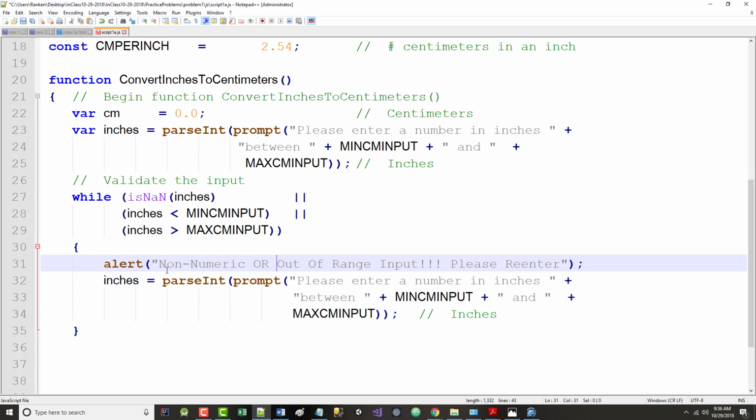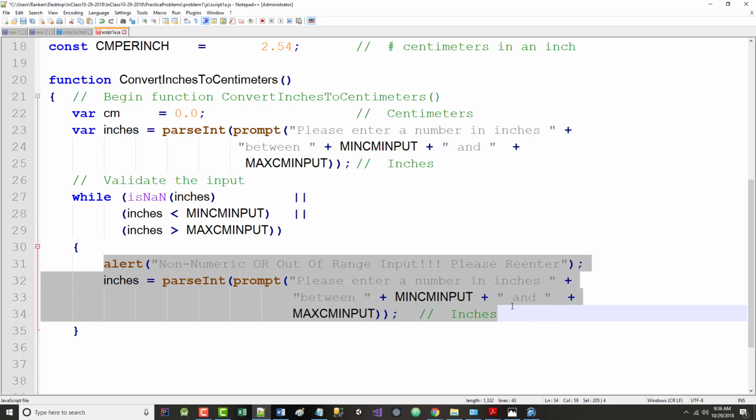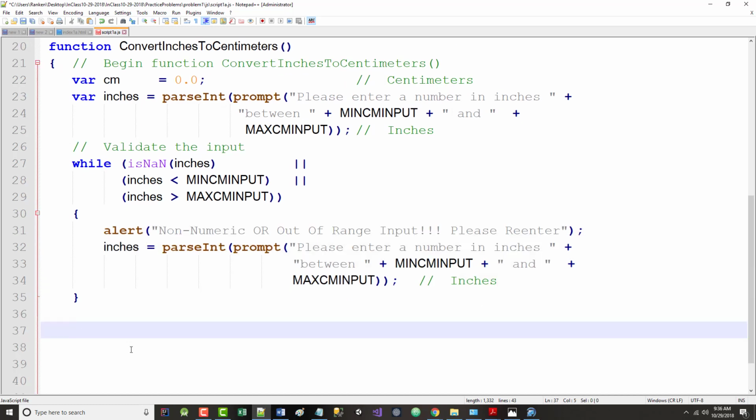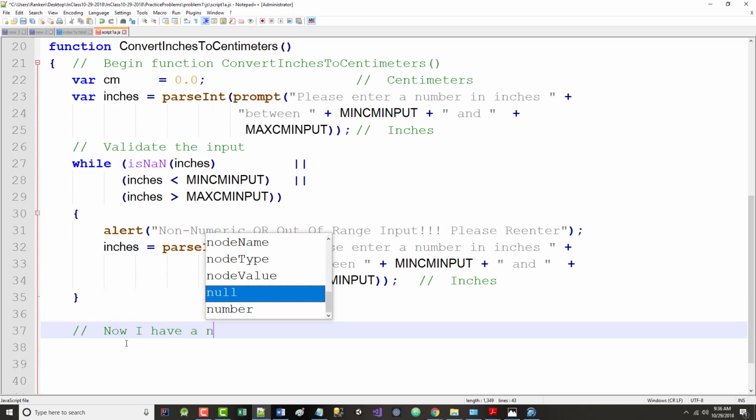But what I want you to understand, if you look on the screen here, is I'm stuck in here until I put in a number that's between 1 and 1,000,000. And if you get that, there's nothing else to get. That is the art of input validation in a nutshell. So once I get down to here, I know I've got a number. All right, so now I have a number